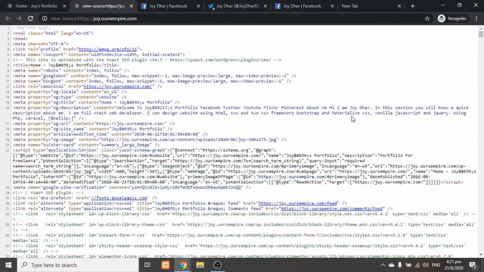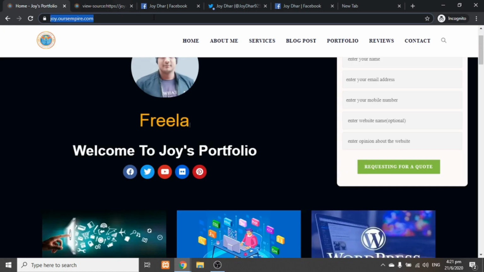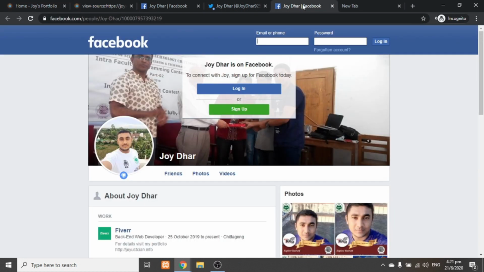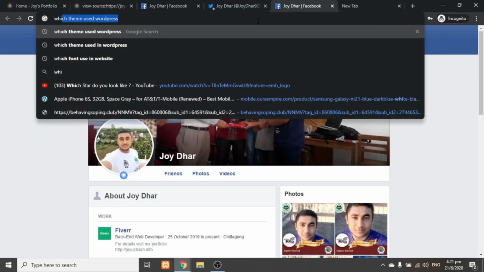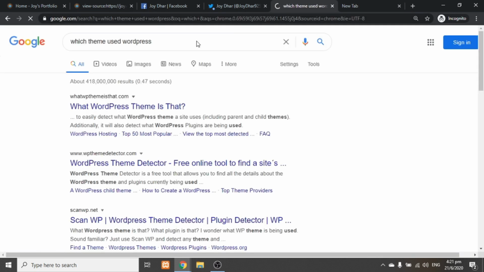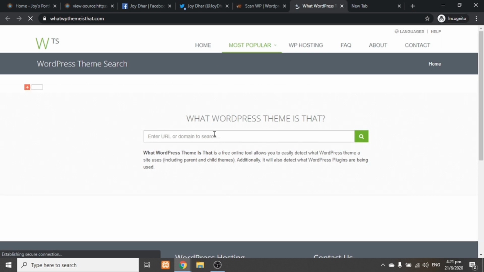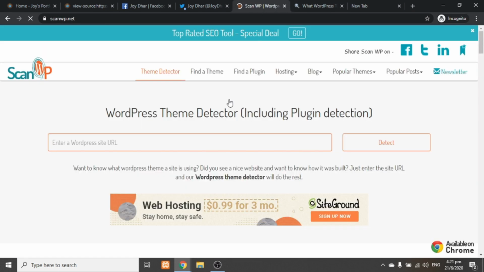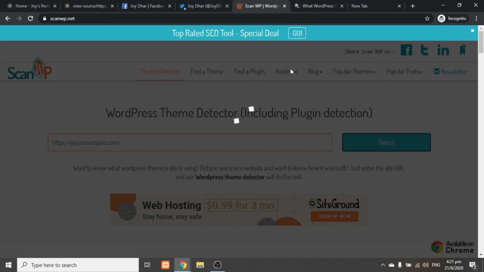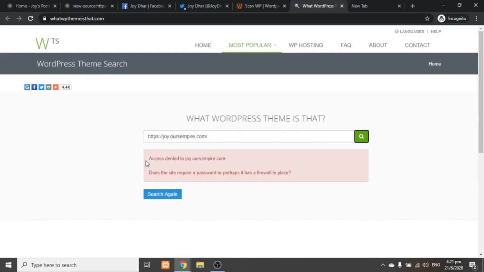And if you try a new website, to see which theme or plugin is used, let's see if it's working or not. So I am checking with two websites, pasting my URL, detect, and it says access denied. It will not allow you to find the plugin or